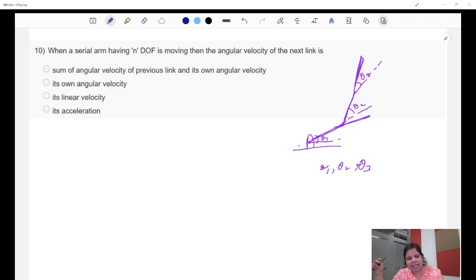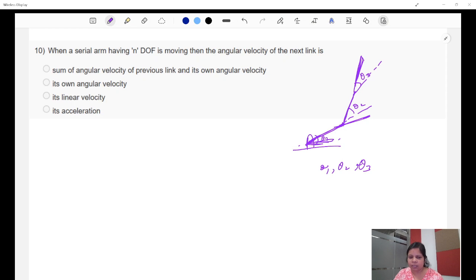So definitely the angular velocity of the base frame and the links in between is going to have an effect on the end effector. The second thing is its own angular velocity. So each joint introduces its own angular velocity,